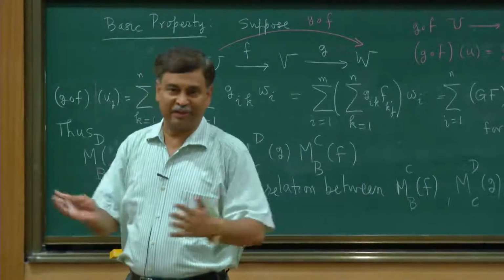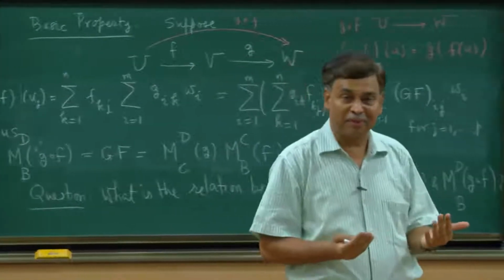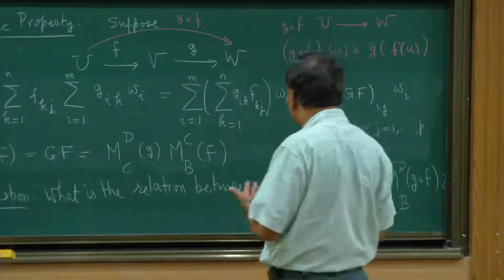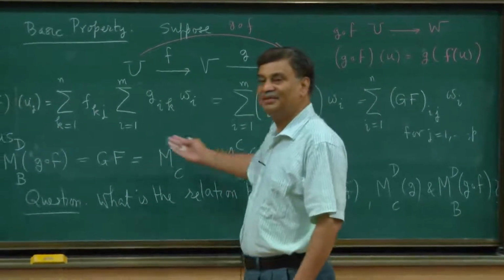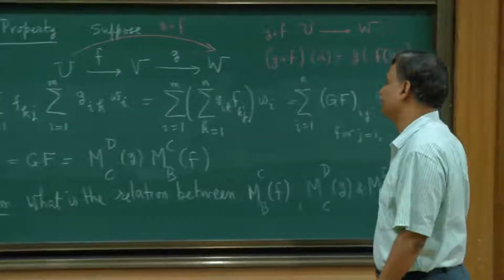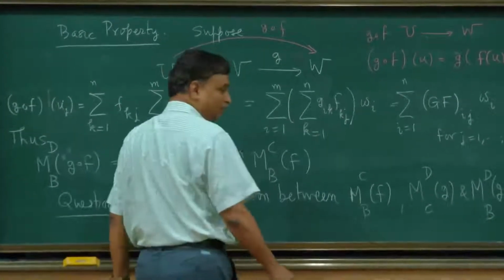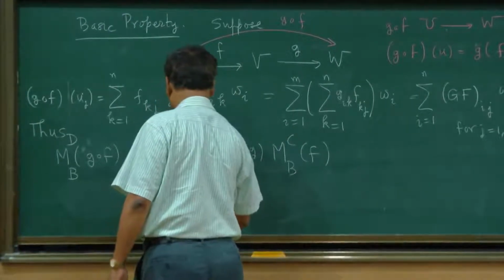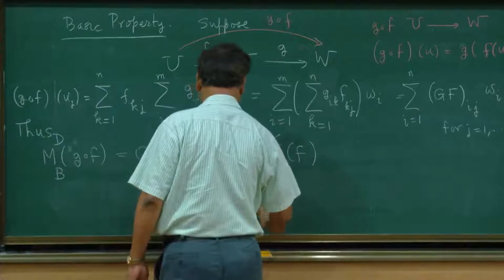When it comes to addition, you just add component-wise. But multiplication is a complicated looking operation. A good reason why matrix multiplication is the way it is, is that it behaves nicely with composition. So in some sense, this even motivates the definition of matrix multiplication. Anyway, we have just answered this question. So maybe we can keep this: the matrix BD of G composed with F is